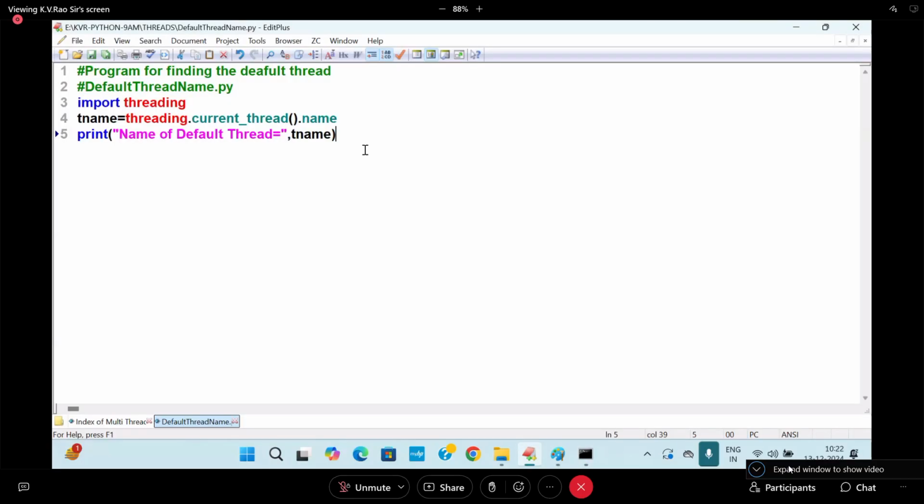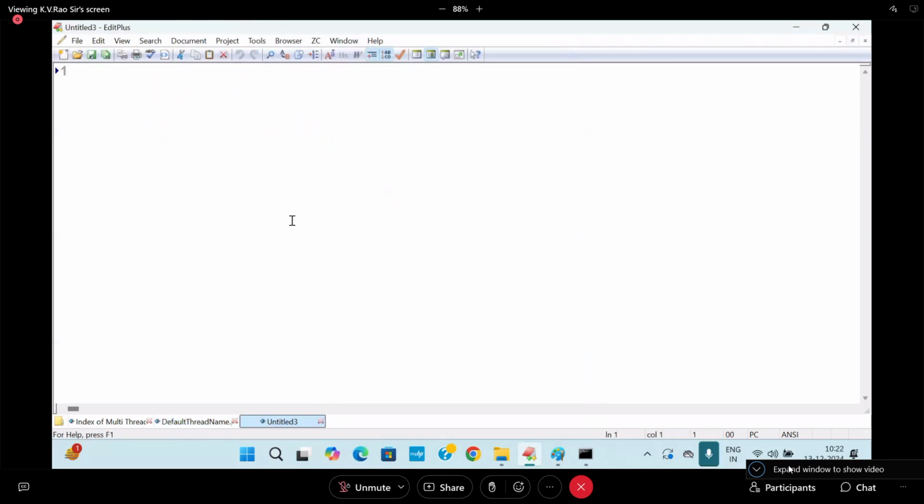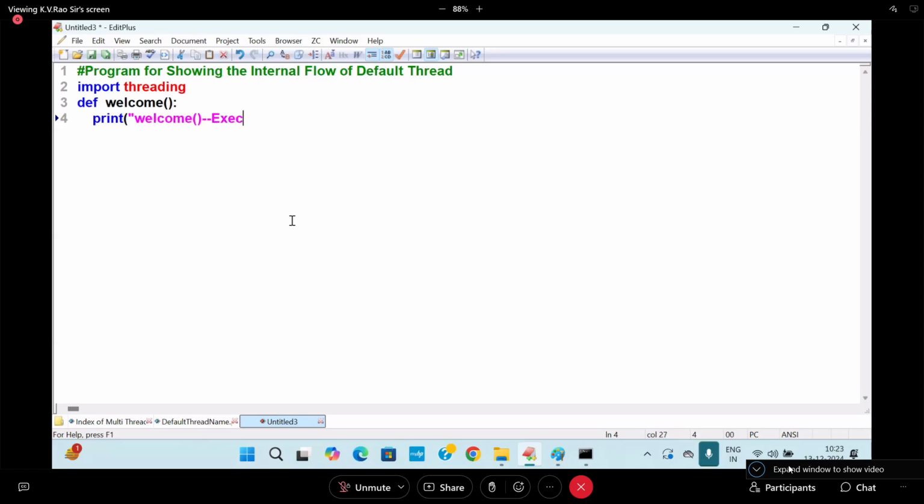Now I want to go for the flow of the default thread. How will this flow be? Online students, go to Python. Program for showing the internal flow of the default thread. There I am saying import threading, def welcome. Here I am writing the welcome function. Welcome function executed by